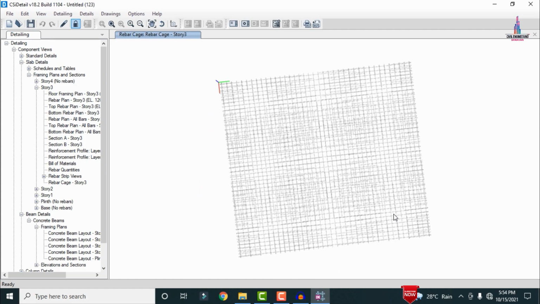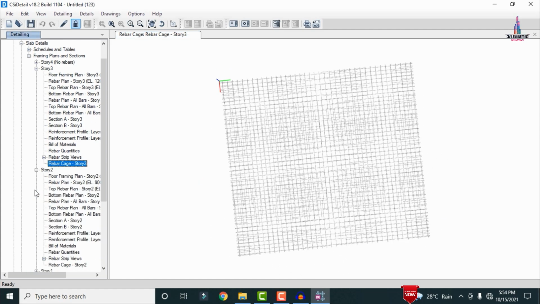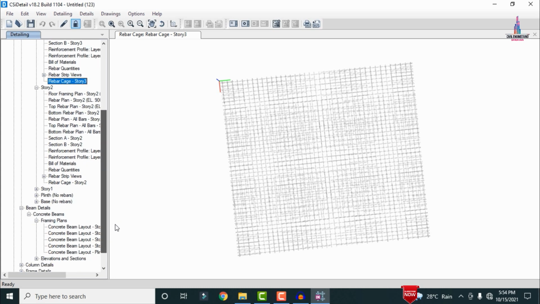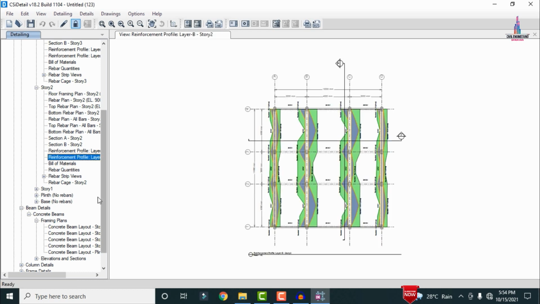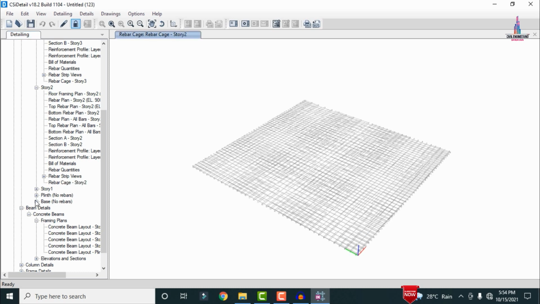This is the reinforcement gauge view for story number 4. Again, in the same process you can select the second one. You can click on the rebar quantity and build material reinforcement profile value so that it will show you the reinforcement plan data and everything under your section. This is the second story reinforcement gauge view. In the same process you can see the reinforcement gauge view for the remaining floors.